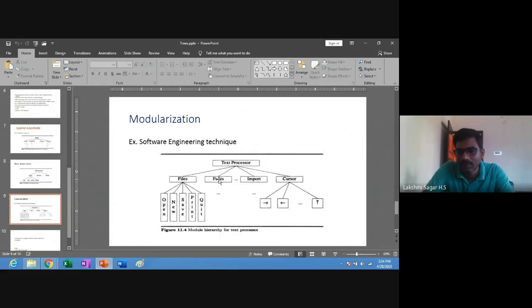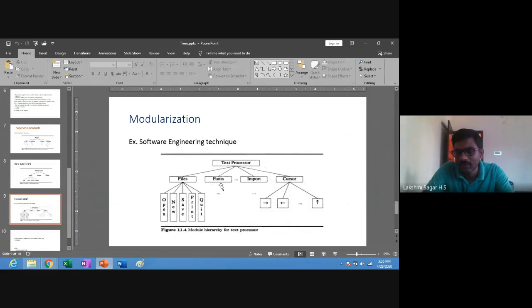So here files, fonts, import, and cursor are all modules. Each module has some functions. Files is a module which has functions like opening a text file, a new file, save, print, and quit. These are all functions which can be performed on text files.